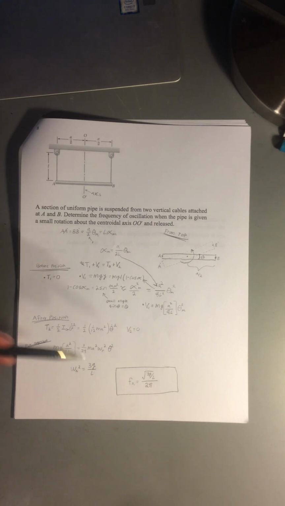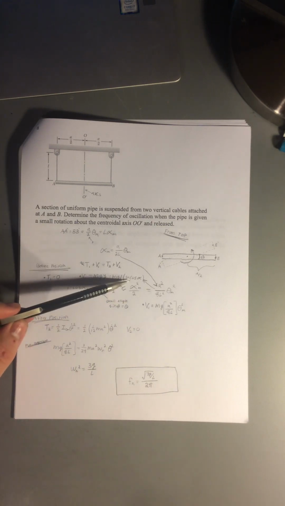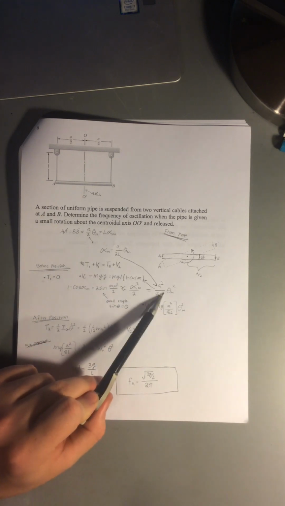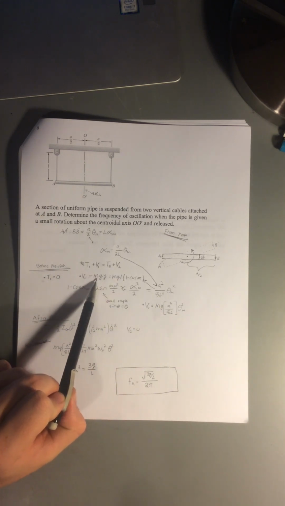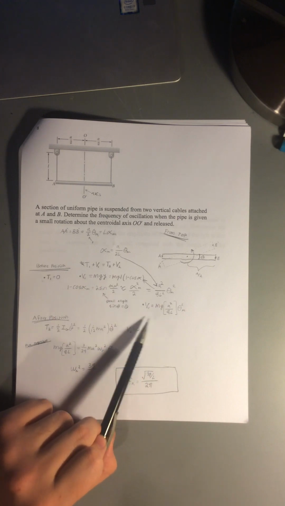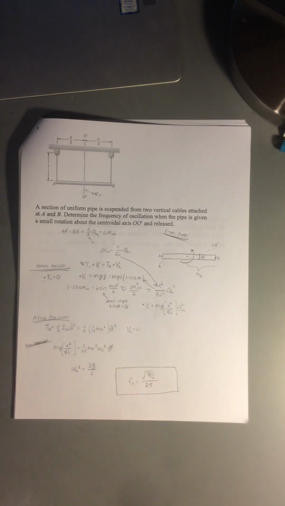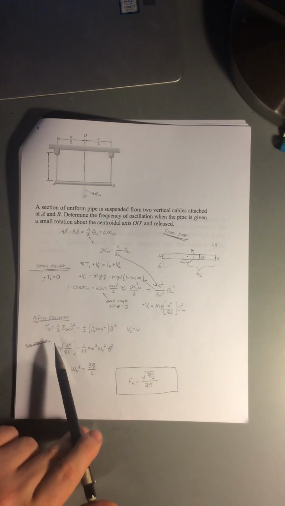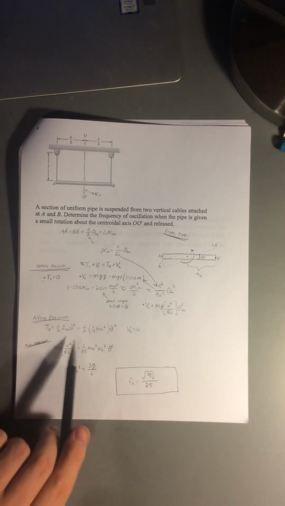And so putting that all back together, we're replacing this 1 minus cosine alpha term with this term here. And these have to stay. And so one of the L's will cancel, and we're left with this as our before potential energy. And so our after position also has potential and kinetic energy terms. For the after position, there will be no potential energy, but we will have a kinetic energy term, and that's